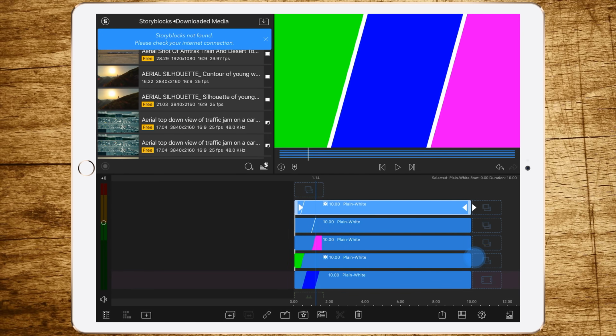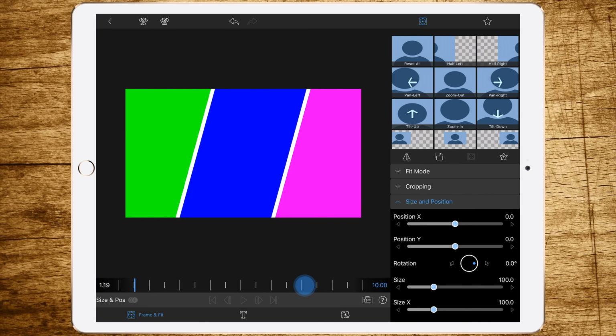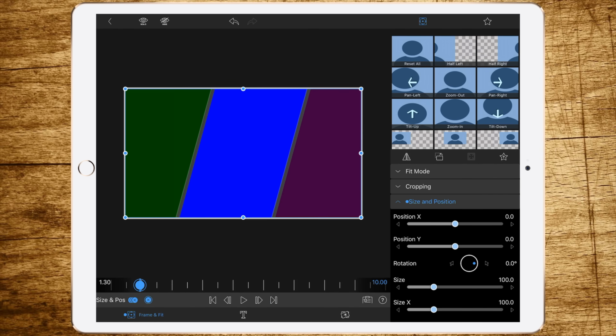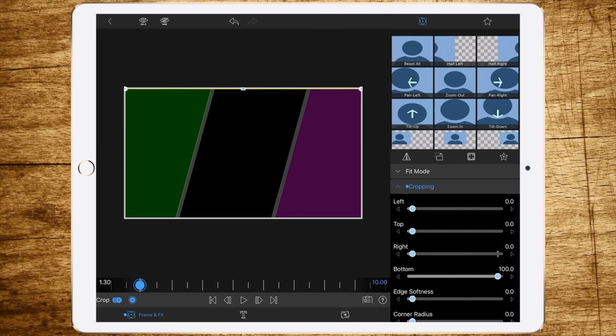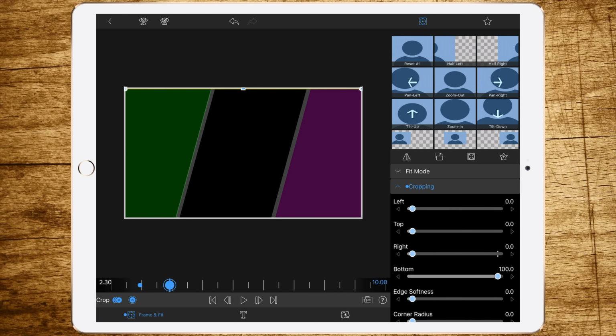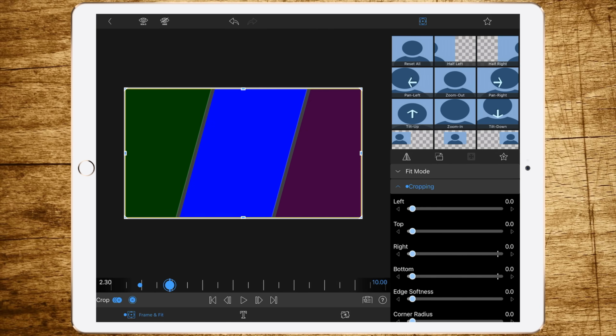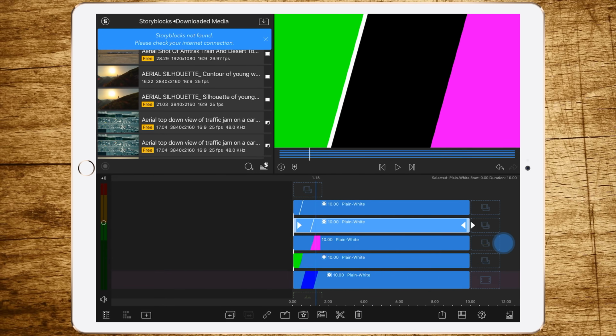And now we are repeating that one with the blue bar. Double tap to edit. Let's leave a gap of a half second. Add a keyframe at cropping. Put the bottom slider to 100 so the blue area is hidden. Then move on 1 second to 2.5 seconds. Add a keyframe and slide it to 0 so the blue area is revealed. Then again, copy the settings and paste them to the white bar.